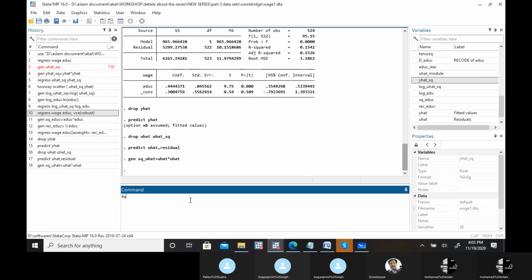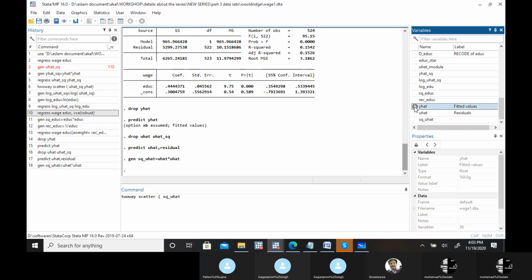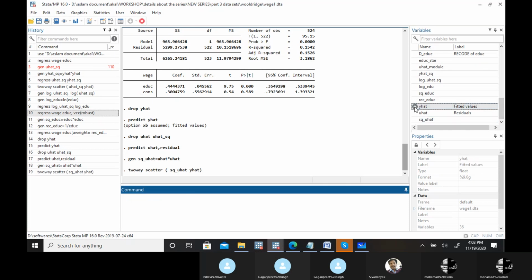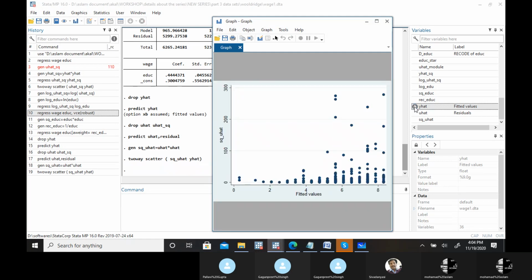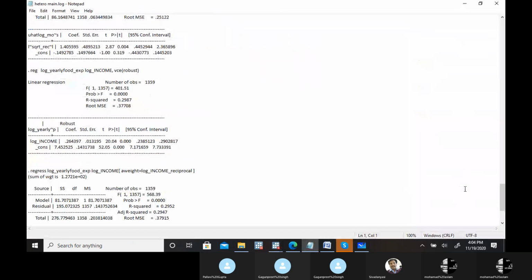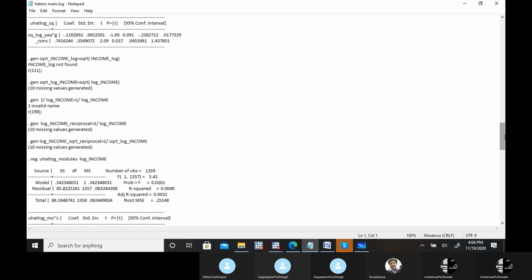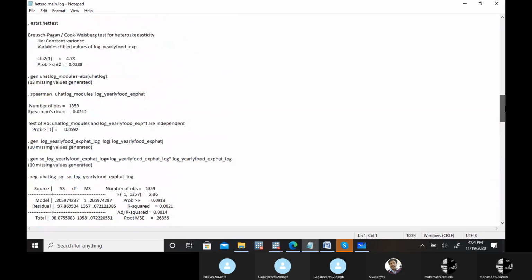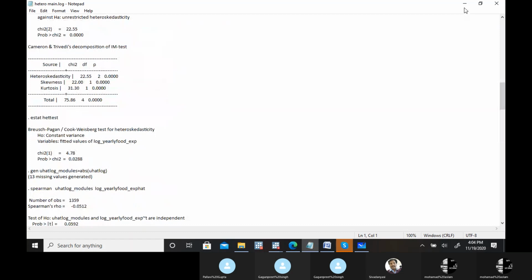Now let me see the graph. Two-way scatter of u hat square with y hat. Let's see, has this problem been reduced? Not to that extent. There is still heteroscedasticity, but if you type a command for the White heteroscedasticity test or Breusch-Pagan,